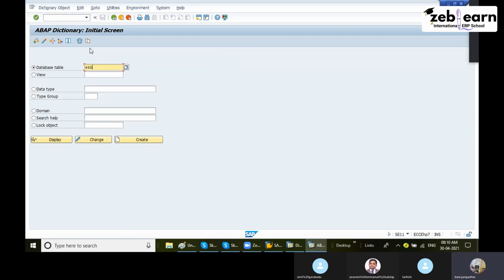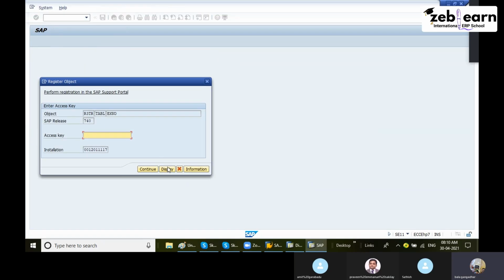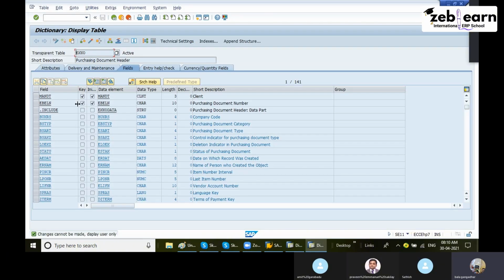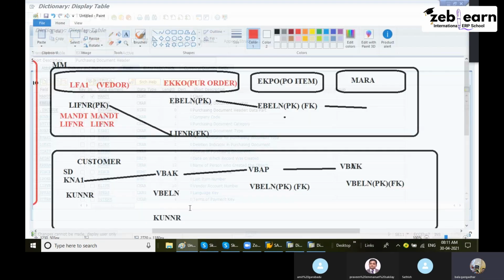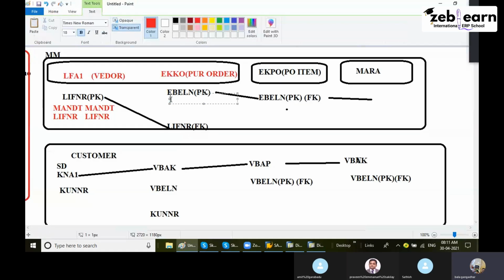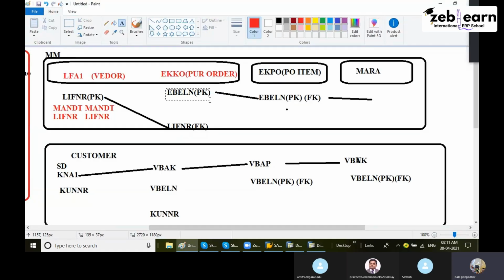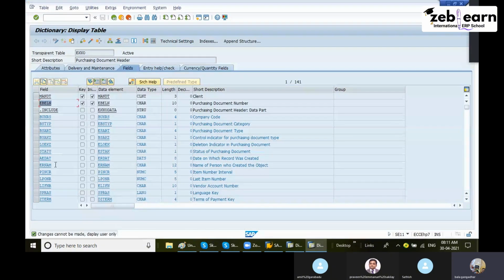Okay, EKKO, display button. In this second table, EBLN is a primary key. Leave aside whether it is mandatory. First we will see this. This is a primary key, already written here. EBLN is primary. Next, if I check here,